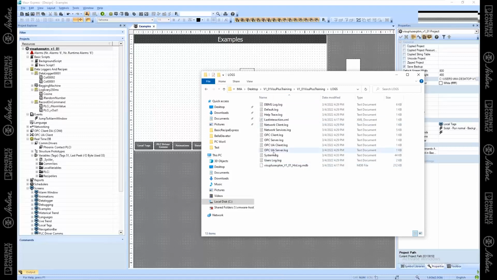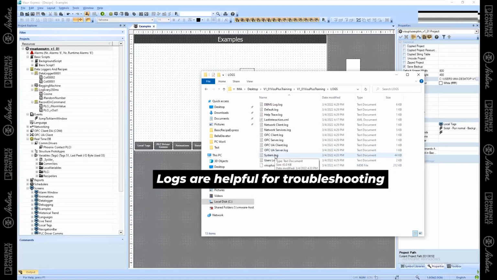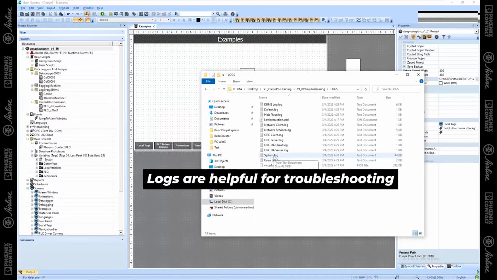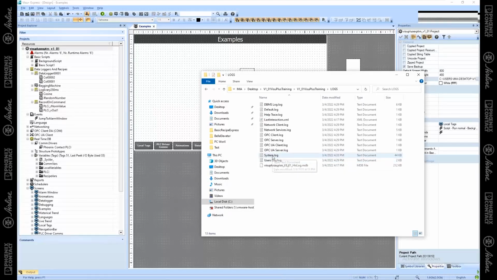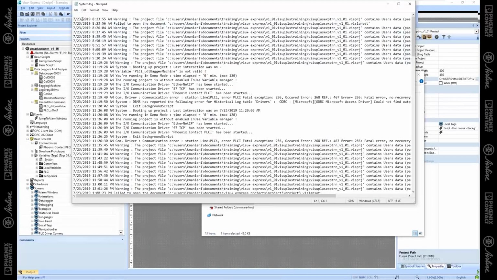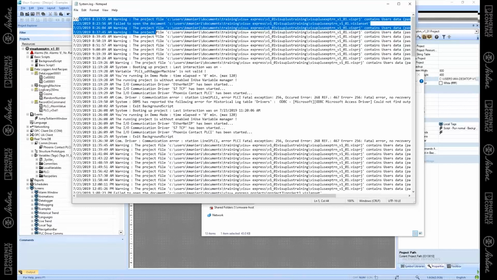And there's a bunch of different logs. When you run your project, it takes some logs and it notices anything that might be important. It mentions it. I usually look at this system log. It's pretty valuable. So just double click it, and you can see I ran this project way back in 2019,